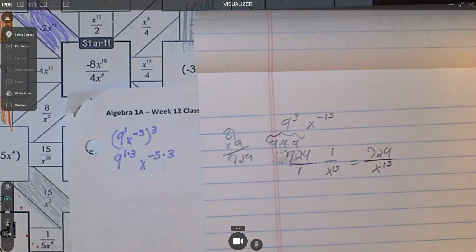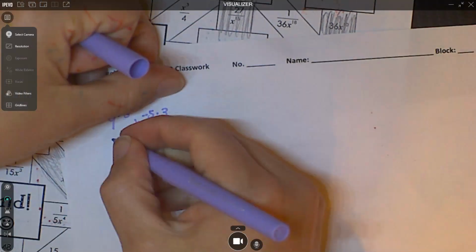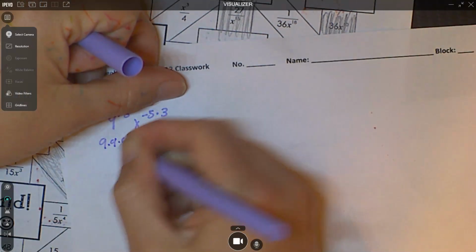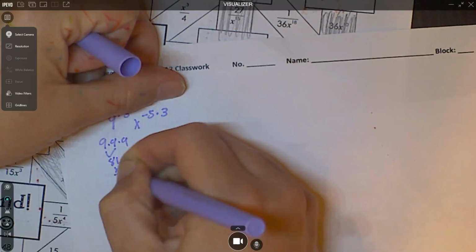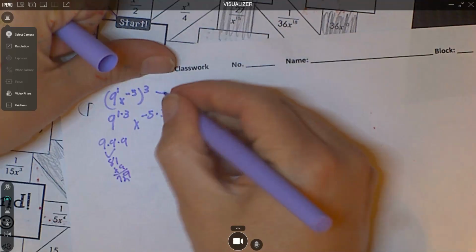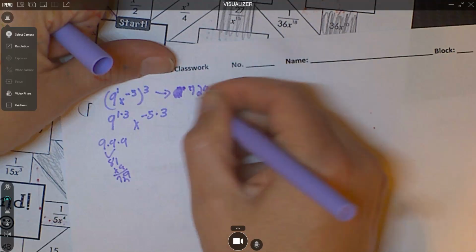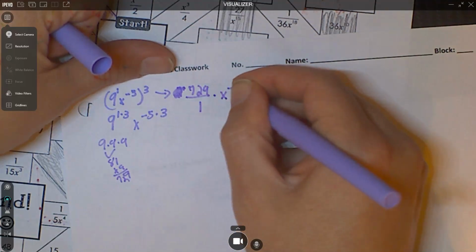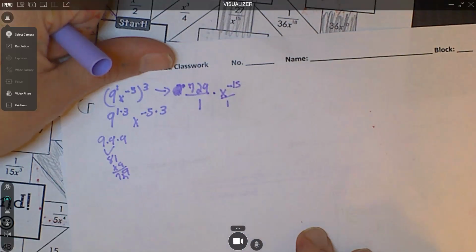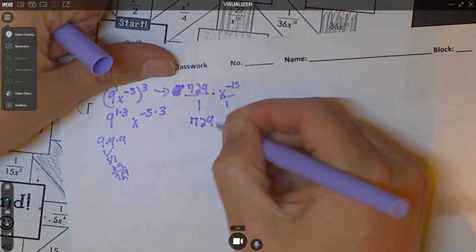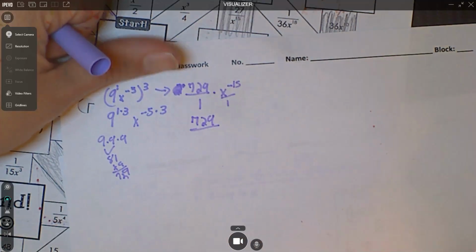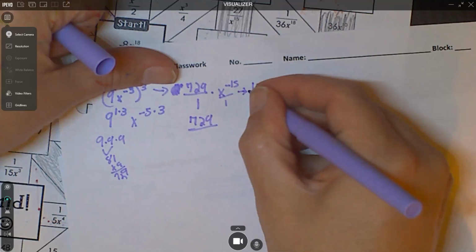So I get 729. This is 729. I did it again. So this would be 729 over x to the negative 15th is the same thing as 1 over